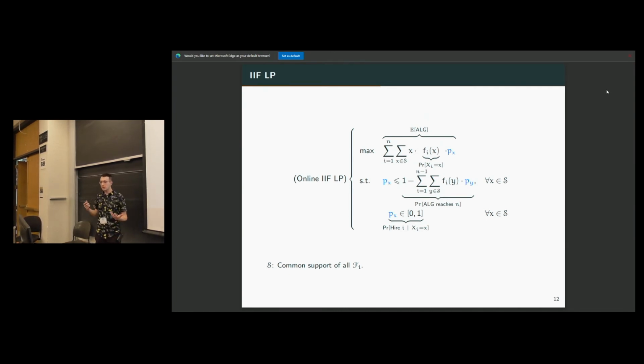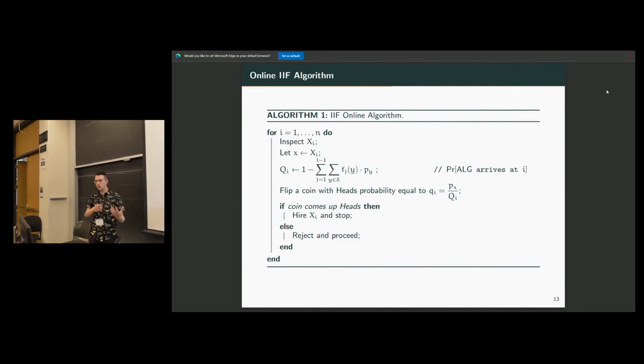And the constraint is basically saying that because not all possible vectors of probabilities correspond to actual algorithms making decisions, we have to make sure that those probabilities can be translated back to an algorithm. And it turns out that the necessary and sufficient condition for that is the inequality that I have there, which basically says that the probability of hiring a person, given that they have a value x, should be bounded by the probability of reaching that person. Or it's enough to require that only for the last person, actually.